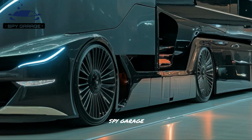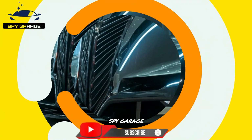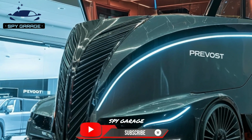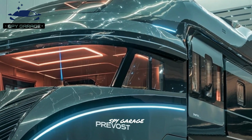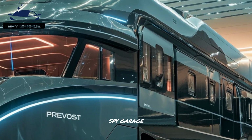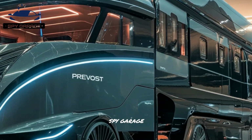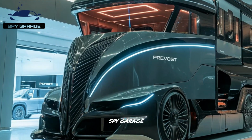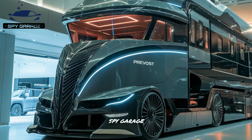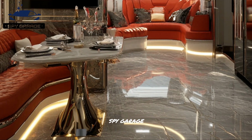The 2025 Prevost RV is the pinnacle of engineering and elegance in the recreational vehicle market. These motorhomes, which offer unmatched comfort, elegance, and technological integration, are mobile estates rather than just means of transportation and are constructed on Prevost's sturdy and painstakingly designed bus chassis. With the newest developments in design, materials, and facilities, it is projected that the 2025 models will further raise this